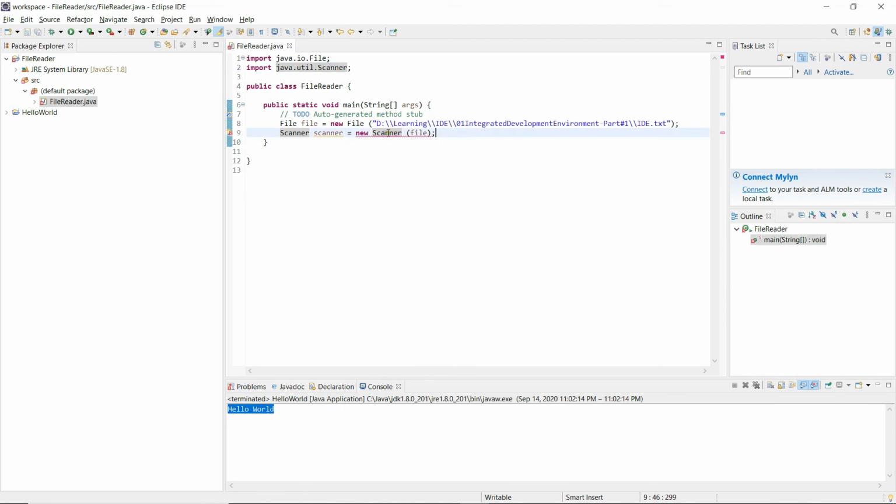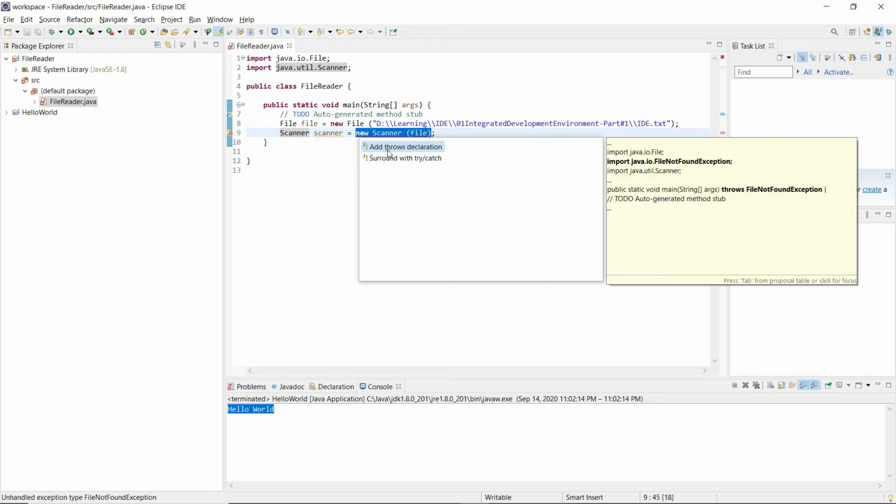And now it shows another warning that there is an exception handling that we have to do. With this warning, we can add the throws declaration to the main method.